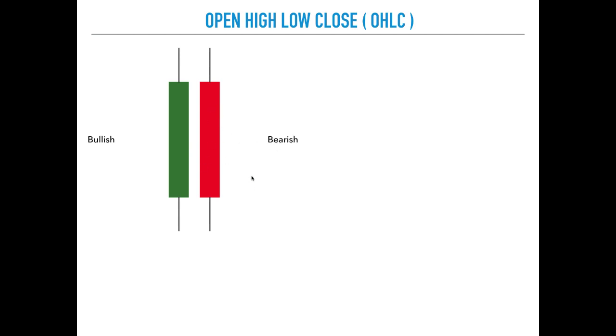Now, the open, high, low, close basically refers to when the price opens on a candle. It'll open down here at the bottom, and then it'll trade down to a low, which will be depicted by some kind of a wick. And then price will continue to move up and up until it makes a high. Then it'll come back down a little bit, maybe create another wick, and then it'll close